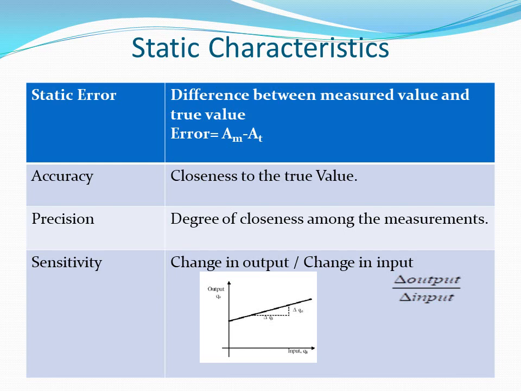Accuracy, we all know, is closeness to the true value. Say for example, I am having 1 kg of apple, but my weighing equipment is showing 900 grams. Is it accurate? No, not that much. Minus 100 grams is the error here. So it is not that accurate. Now I am having another weighing instrument. It is measuring 990 grams. Yes, it is accurate because 990 is very much closer to the true value compared to 900 grams. So the second instrument is having more accuracy than the first instrument.